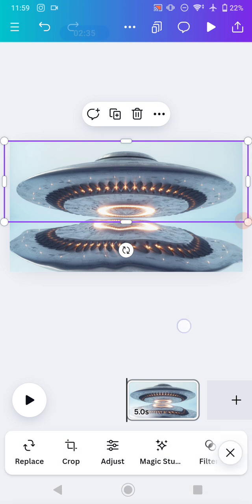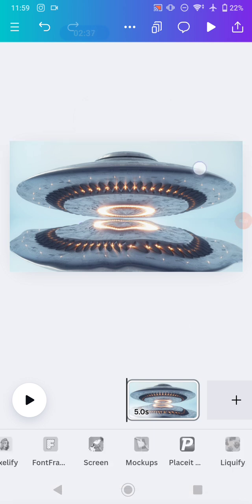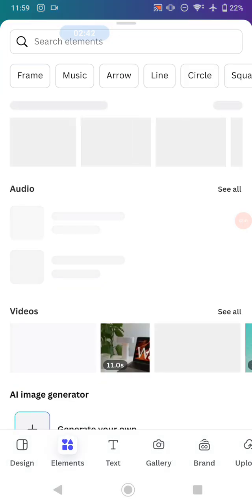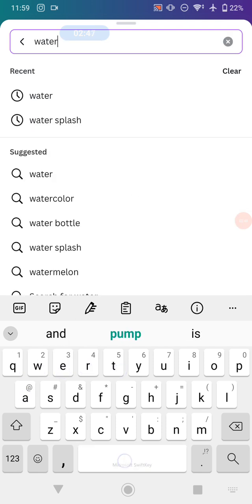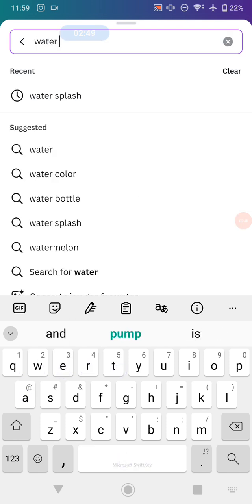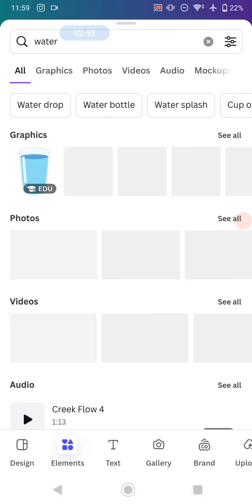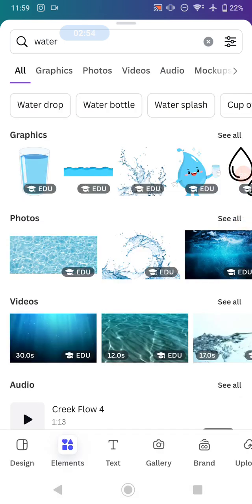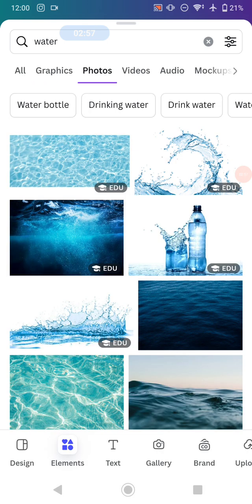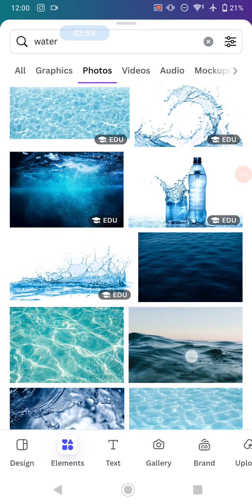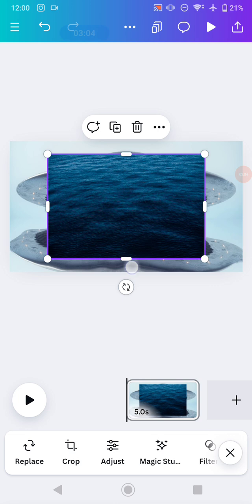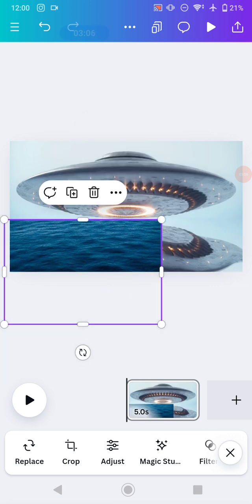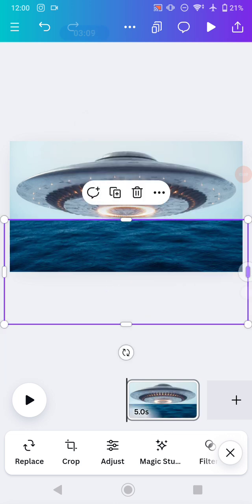To make it look much more like a reflection of the top image, now you just need to go to the elements and insert a water image. So I'm going to type like this and search it, and you just need to use this photos element and find the exact image that you want to use. So for example, I'm going to use this image, this one,